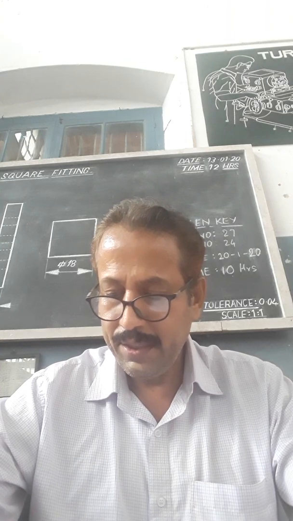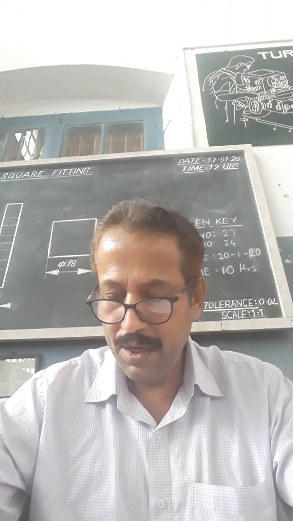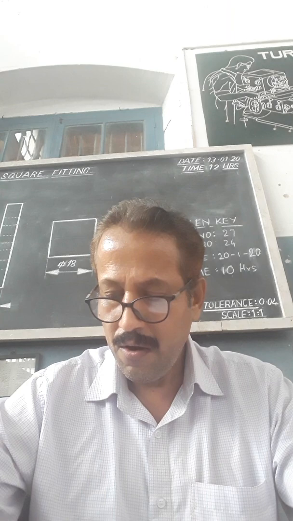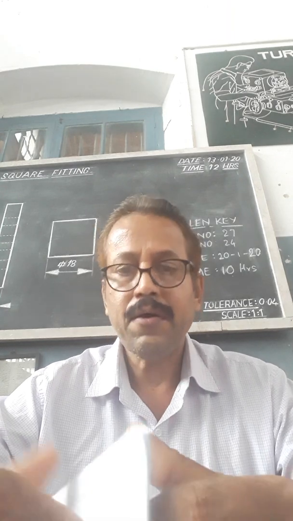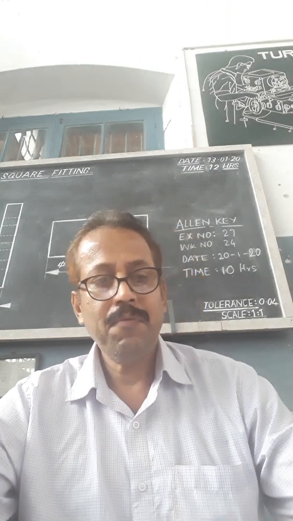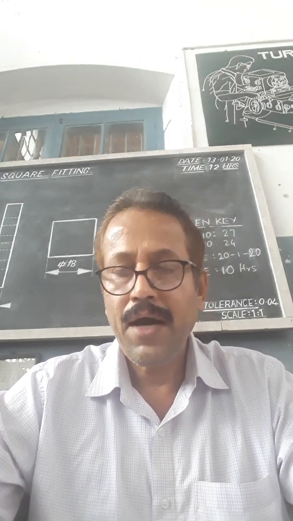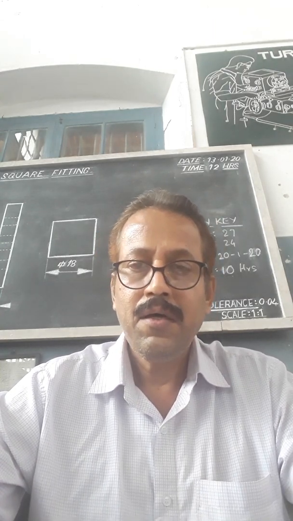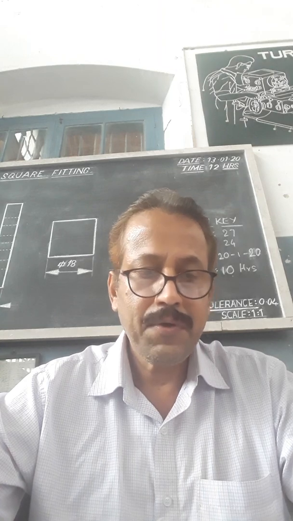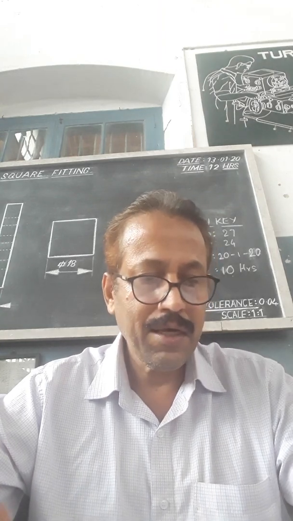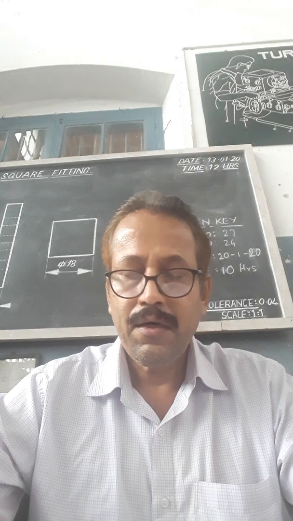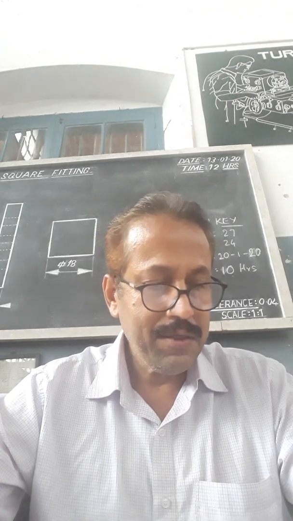Peg feather key. It is a parallel rectangular key having a round peg at the center or one edge of the key face. So a peg type of key is available. It is a flat key having, in the middle, a round cylindrical piece provided as a single piece of the key. It is called a peg. This is called a peg key.